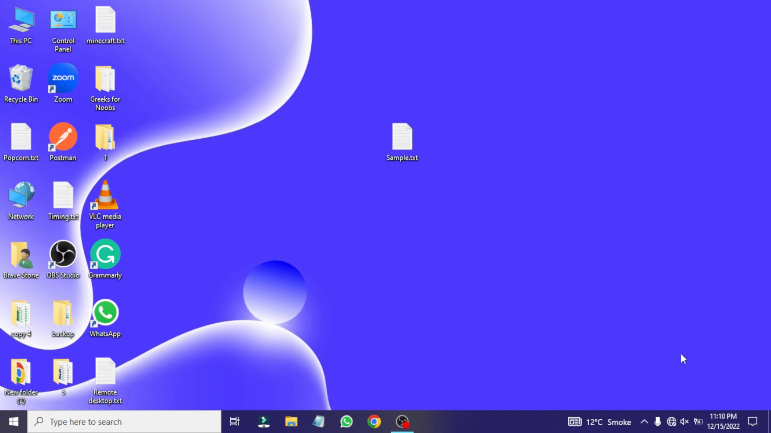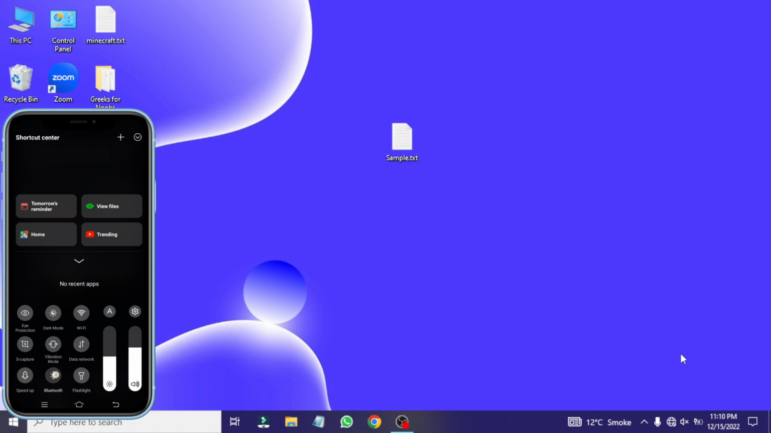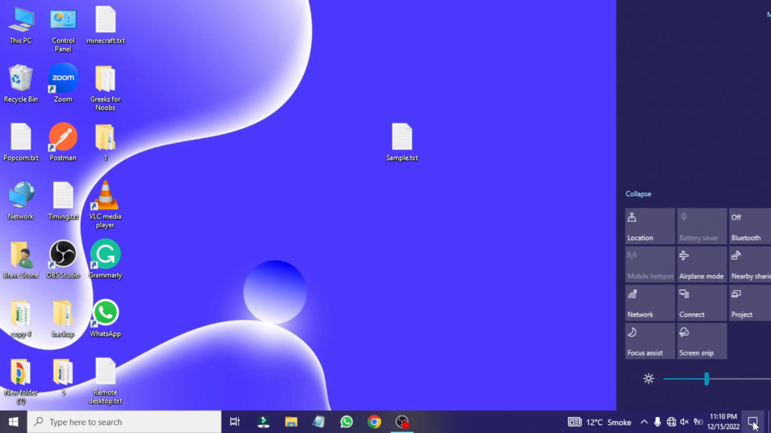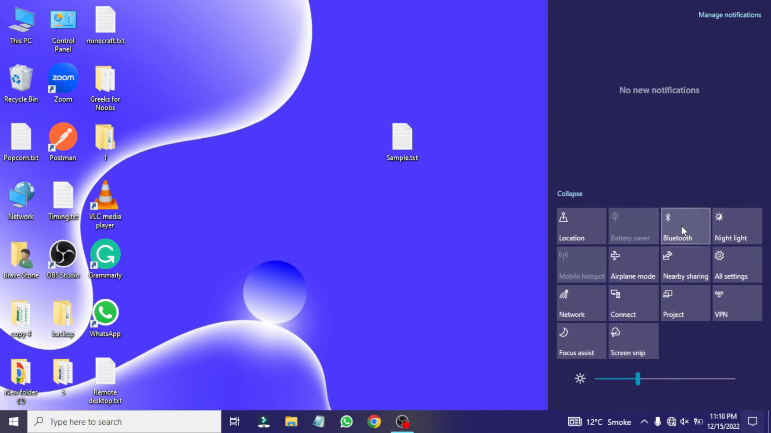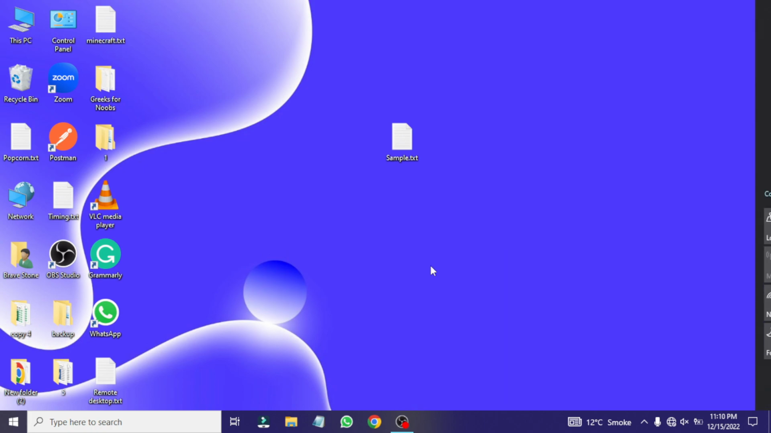First, make sure that Bluetooth is turned on both sending and receiving devices. For turning on Bluetooth on your PC, first, go to the notification panel. On most PCs, the Bluetooth option could be found on the notification panel as a shortcut. But if you don't find it here, then go to the Start menu